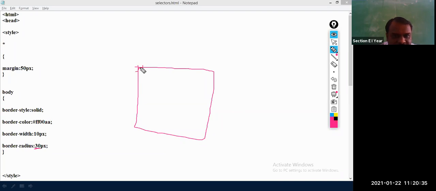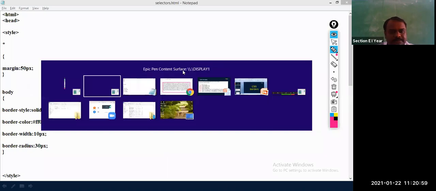In between, one curve will be displayed. Is it clear how this 30 will apply? In the x dimension, it will take 30 pixel. In the y dimension, it will take 30 pixel. And in between these two, one curve will display. So this will be applied for four sides. Let us check whether it will apply or not.